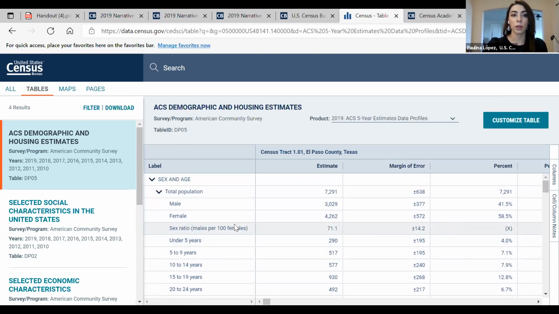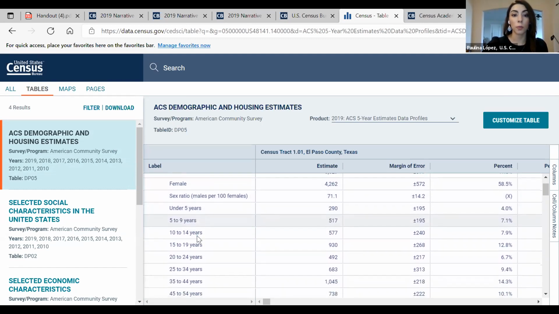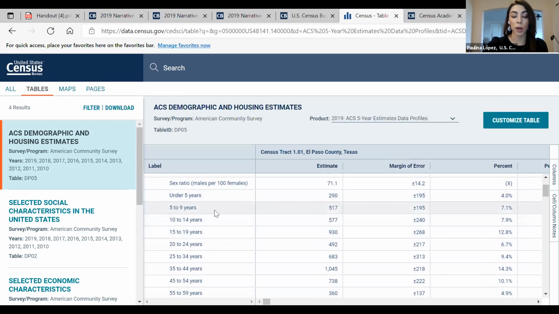Looking at the demographic characteristics, the first table is sex and age, and you get the breakdown on age brackets. What's the population for census tract 1.01 on 5 to 9 years old?